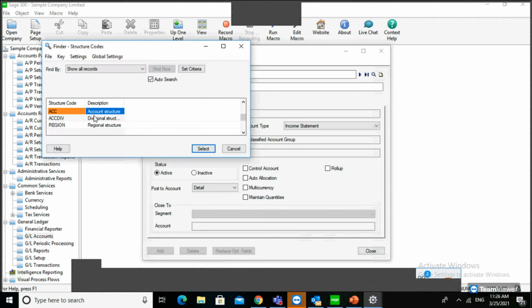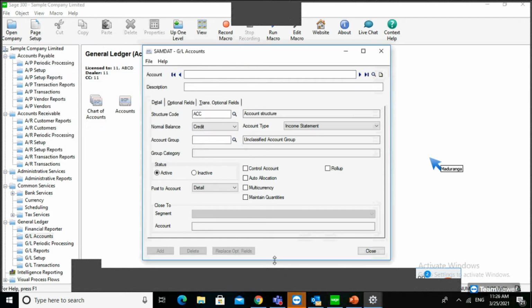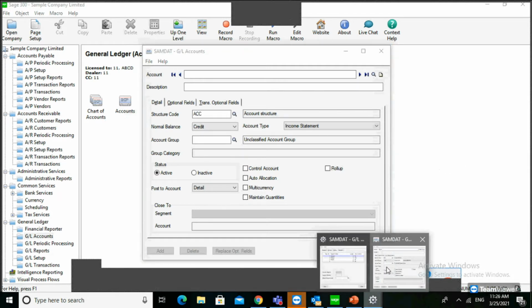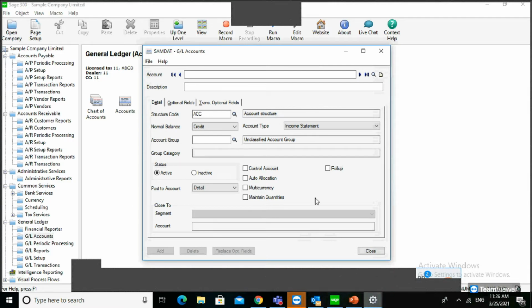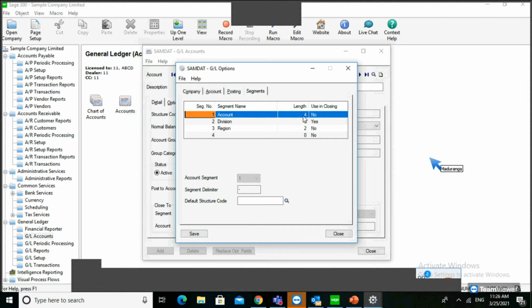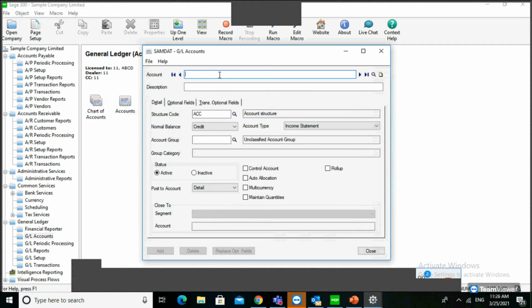If you select the structure code as account, you have to define 4 digits, because I have defined it here in the GL accounts segment, how many digits the account has. If you select the account structure and want to create a new account, then you have to give the 4 digit number here and click the create new button.